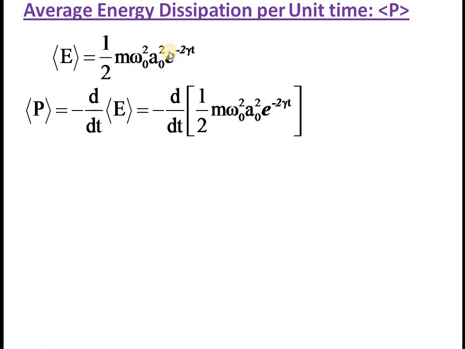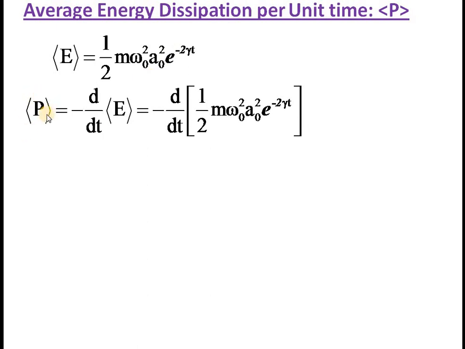Okay, average energy concept. So once the average energy concept is clear, you can go for average energy dissipation per unit time. Because for a damped oscillator, every cycle energy is lost, or every time instant energy is lost. So rate of energy lost, that is called energy dissipation. Rate of energy lost you can find. How will you find it? Because average energy is given, so rate of energy loss can be found by differentiating this with respect to time.